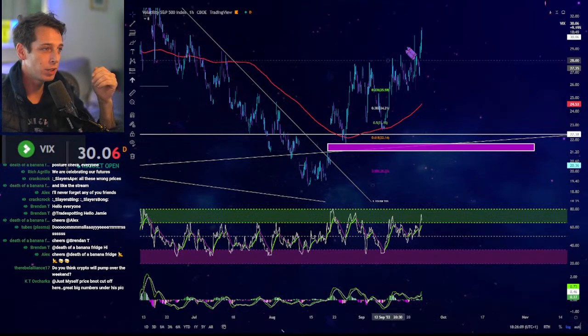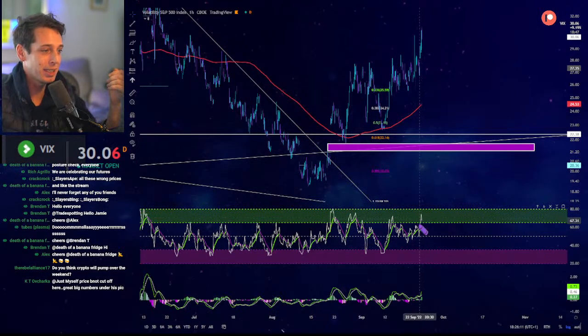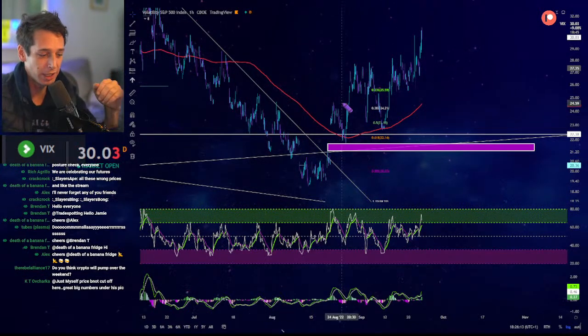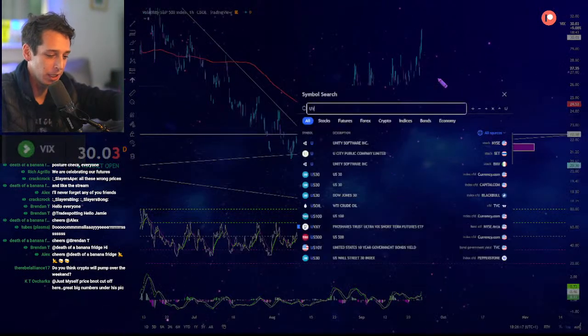VIX, 1 hour time frame, putting in higher highs again, back in the bullish control zone. You know we don't like to argue with that. What's UVXY up to? Everything's going.